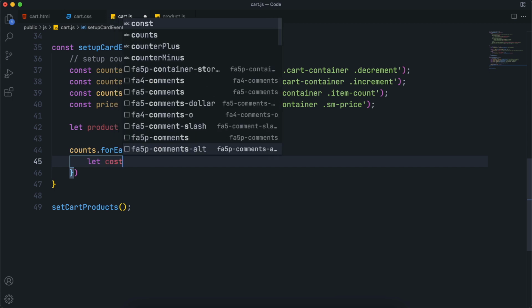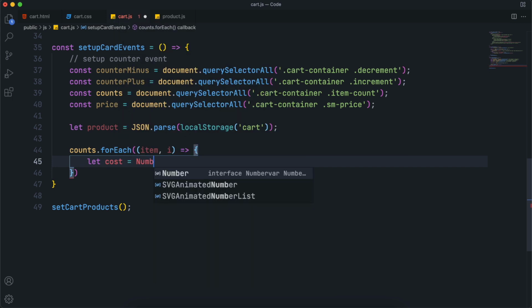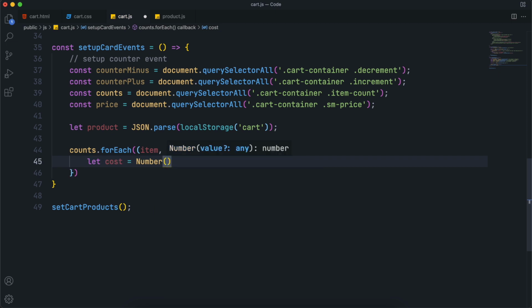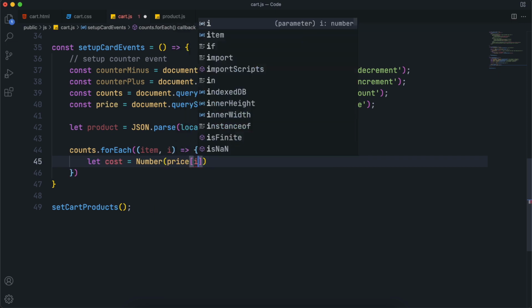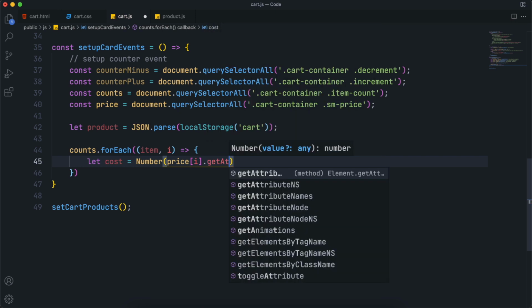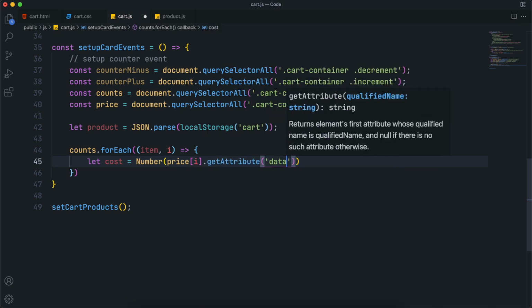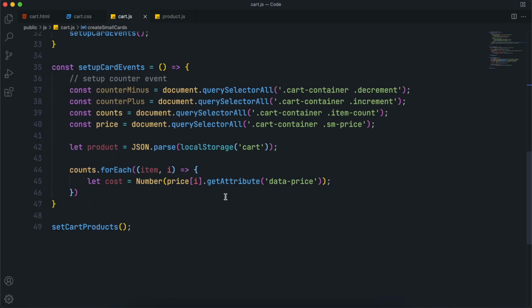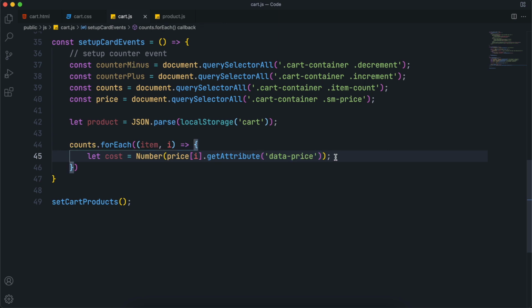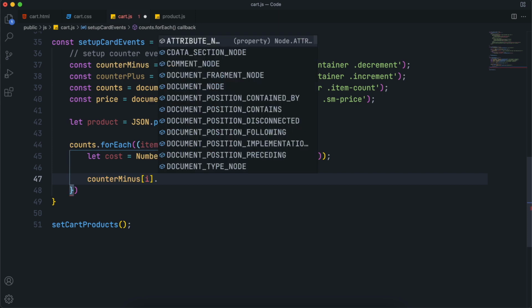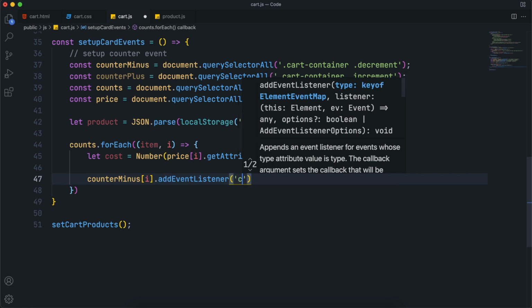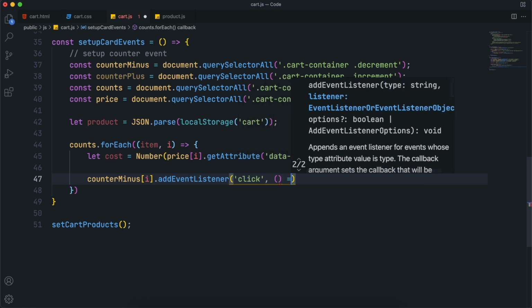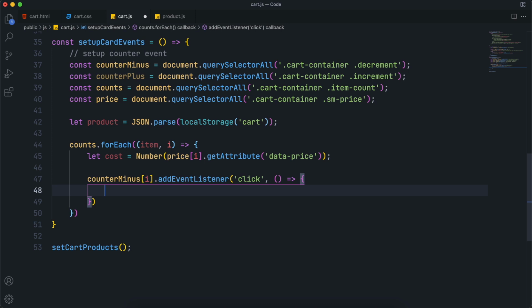So first of all, declare a variable, set cost, and set it equal to the product cost, because our price is not a single cost, we have a data-price attribute that we made here, so we can get the original price of that product and store it in our cost, so we can add and subtract it from the price. So now just select the counter minus of ith index and add a click event to it, and after that inside it